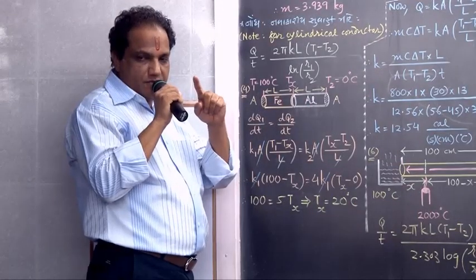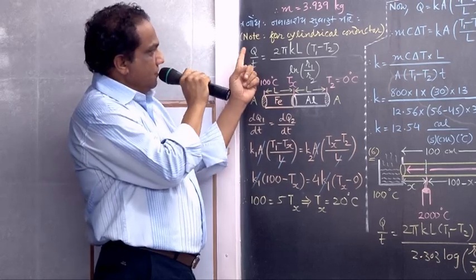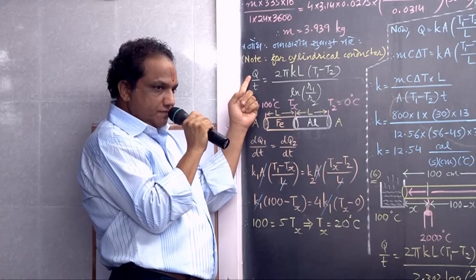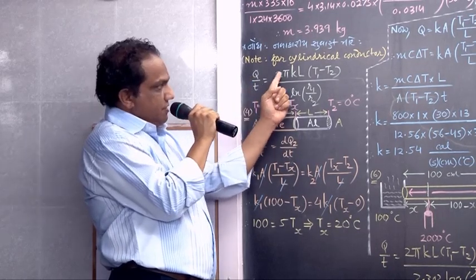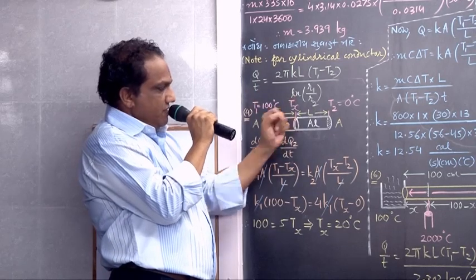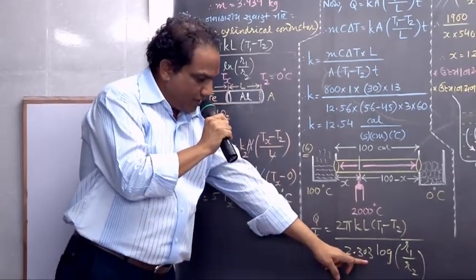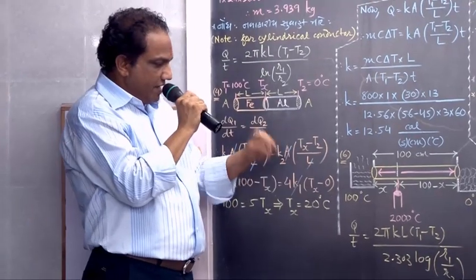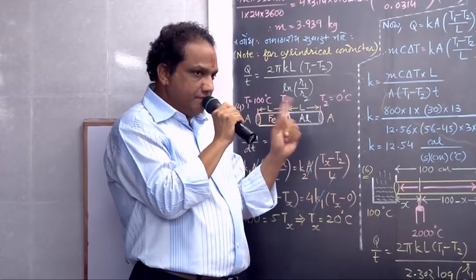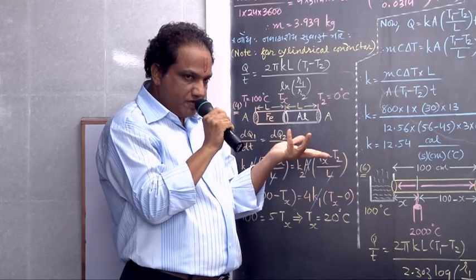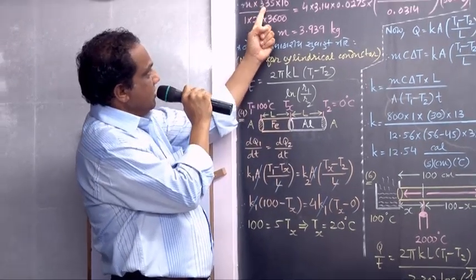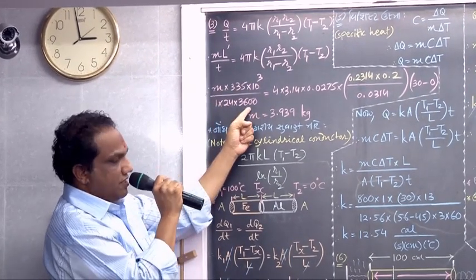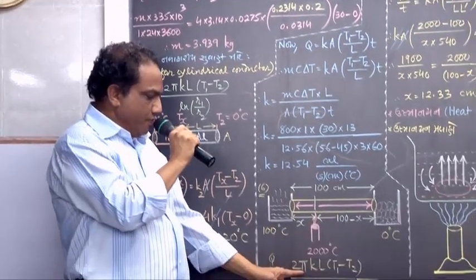Take the steps, everybody. Stop writing. Look. Instead of Q, have you written m L dash? Check it in the notes. Written upon small d, correct? This part as it is, and here we must have written 2.303 log of R1 upon R2. In the next step, m which we require, into L dash. L dash is 335 into 10 raised to 3. Upon T, have you written 1 into 24 into 3600? On the right hand side, 2 into pi, 3.14.